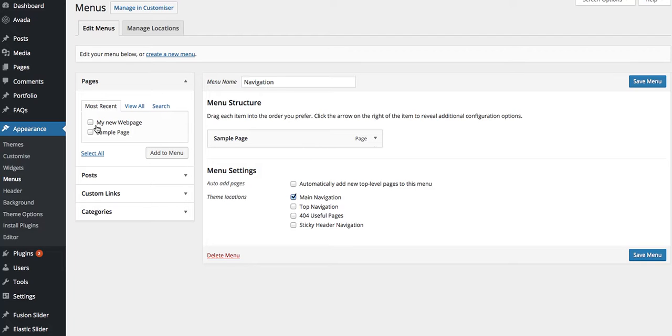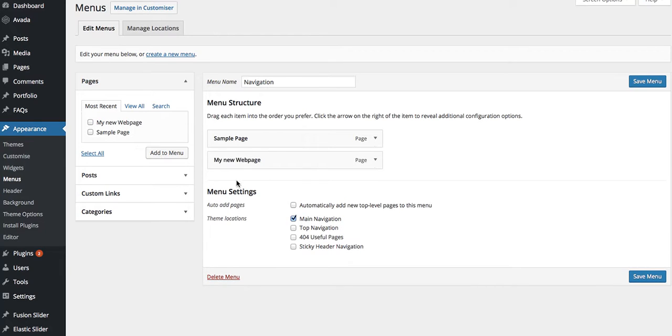So I'm going to go to my left, check the tick box that says My New Web Page, and I'm going to click on Add to Menu. As soon as I do this, the web page will appear at the bottom. In order to actually finish and complete, I would have to click Save Menu, which will then publish it and add the menu button. However, just for the tutorial, I'm going to leave it where it is for a second